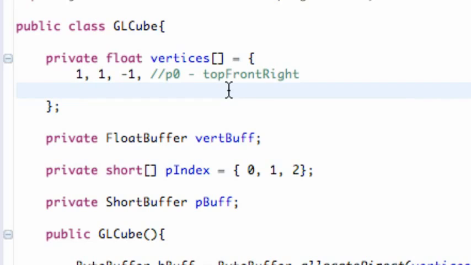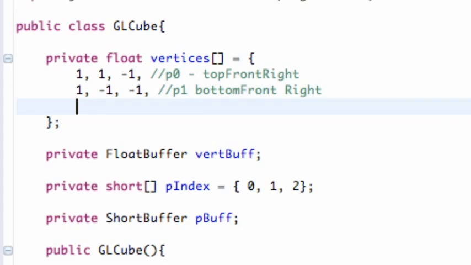So the next point, we're going to do the bottom front right, so we're just going to say 1, -1 in the y direction, and -1 in the z direction, so we're going to call this point bottom front right. Next point, we're going to say the bottom front left, so that's going to be -1 in the x direction, -1 in the y direction, and -1 in the z direction. And again, we're just going to call this point 2, bottom front